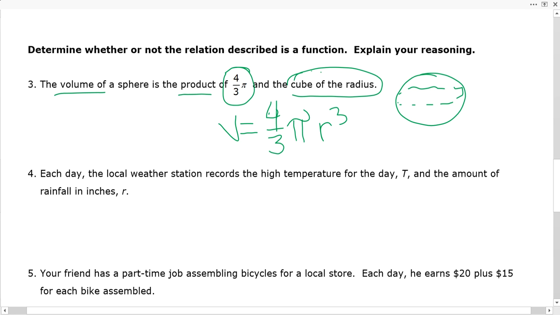So let's think about this. The radius would be from the center to any point outside on the edge of the sphere. Can I have a radius that would have 2 separate volumes? Could I have a radius of 1 that made the volume 4/3 pi, and a radius of 2 which would make the volume 4/3 pi again? No. So this is a function